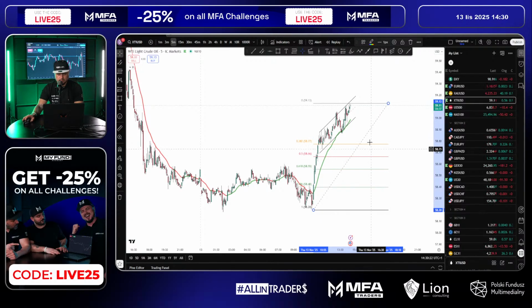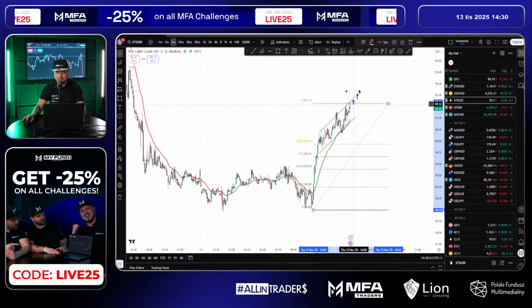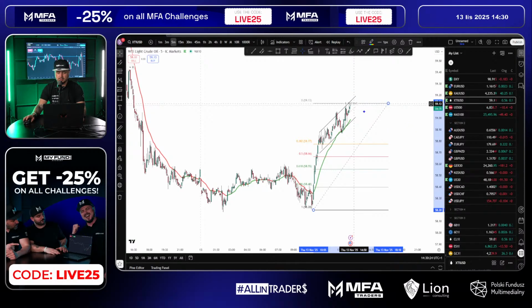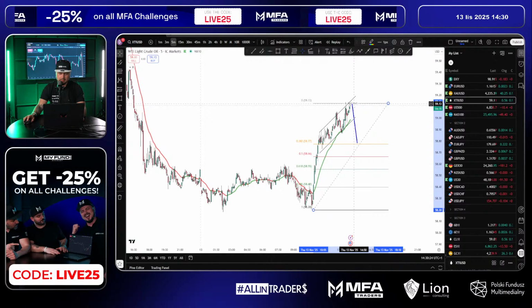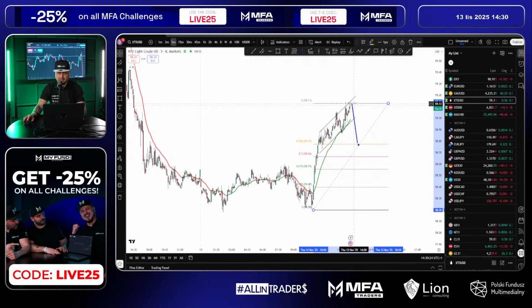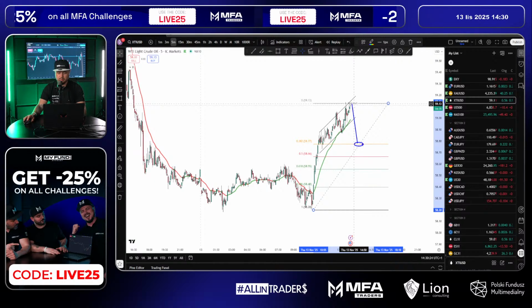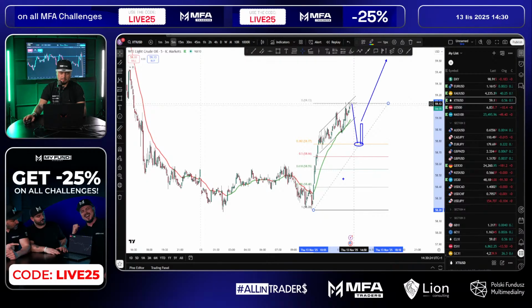Okay, so right now, I'm not sure if we're gonna go any higher. If yes, I will have to change my measurement over here, this Fibonacci tool. If we're gonna stay here, I will wait for a pullback to, let's say, 38.2, maximum to 50, but 38.2 will be good. And strong reaction, then we're gonna be able to open the position, okay?